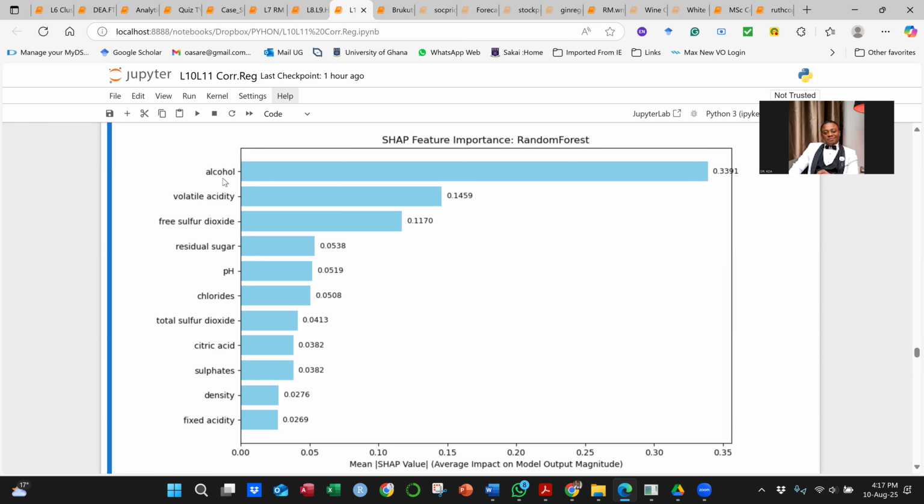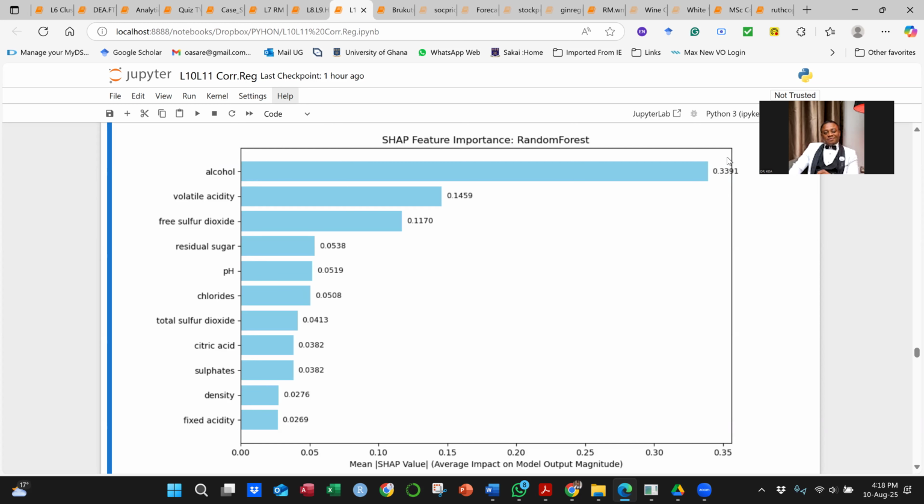So among all the variables, how many are there? 11. Among the 11 variables, alcohol alone is contributing 34% importance towards the prediction of wine quality.